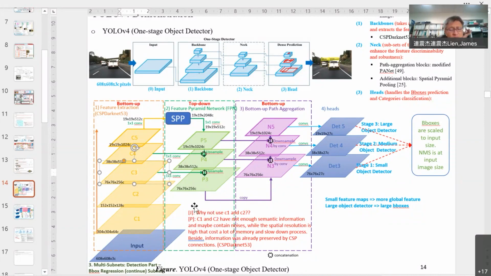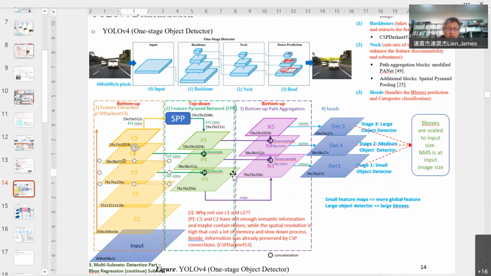But here, why we connect from the P3 is because if we connect from the C2, they have more large parameters. So actually, it's better if you can connect from the C2 to here. You have more information from the origin. But because YOLO here is already complicated, with a lot of parameters, they connect from C3 to P3, and so let's copy to here.